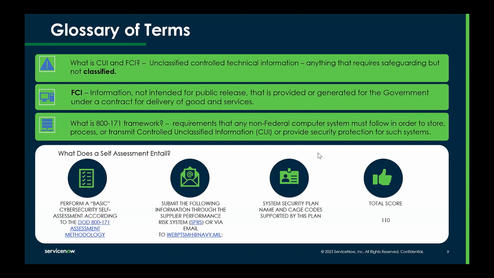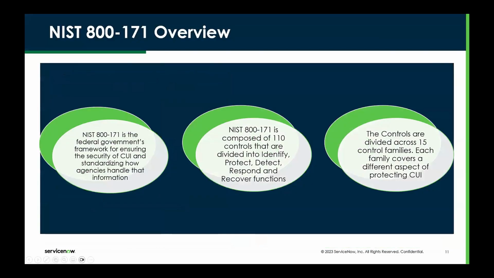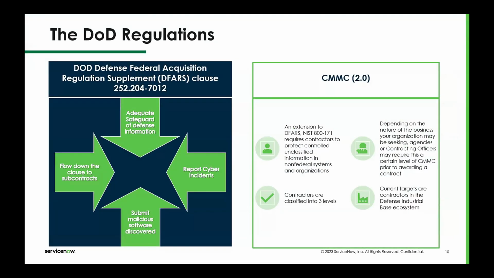What it's moving to is CMMC, which is the new framework that has been developed. And what CMMC is going to do is require all contractors to protect the controlled unclassified information in all non-federal systems. So if you are planning on doing business with the DoD, either currently are or plan to in the future, this will apply to you. There are currently 3 levels of